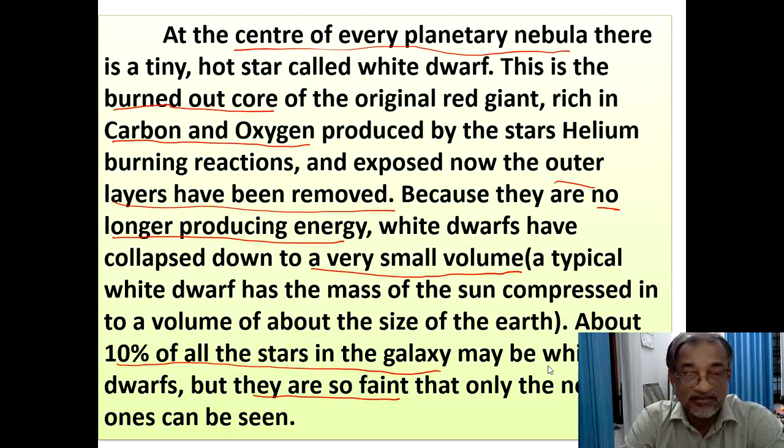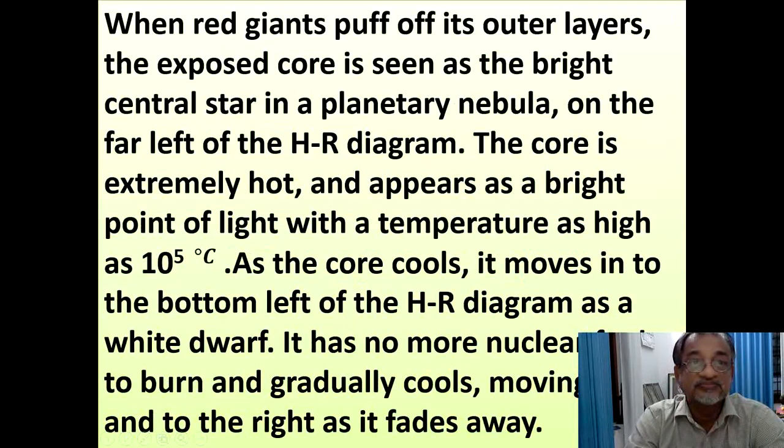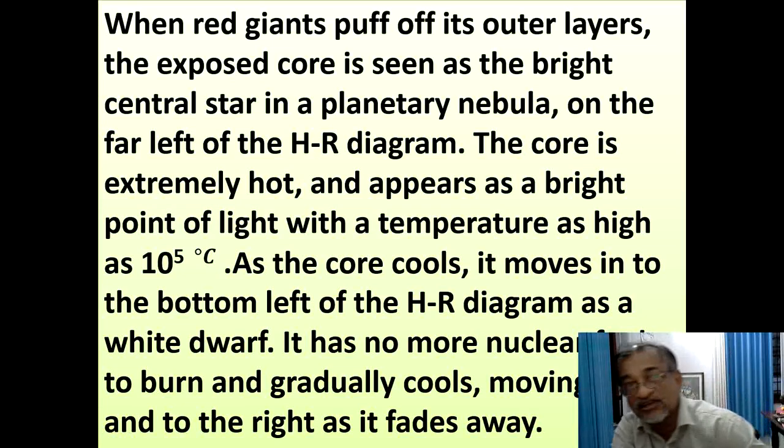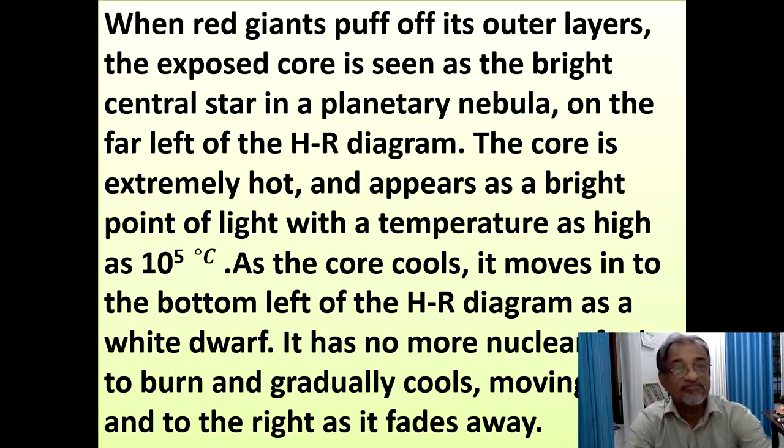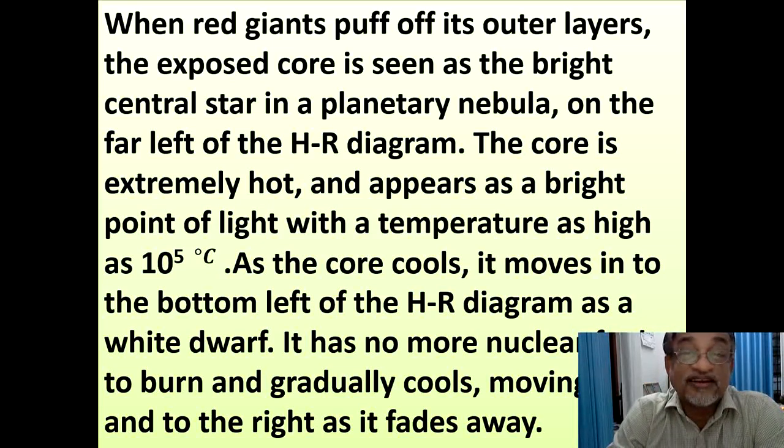About 10% of all the stars in the galaxy may be white dwarfs, but they are so faint that we can only see the nearest ones. The red giant puffs off the outer layers. The exposed core is seen as the bright central star in a planetary nebula, which lies on the far left